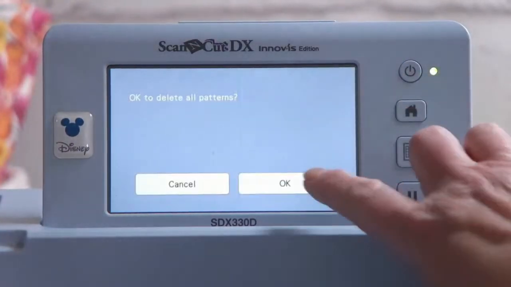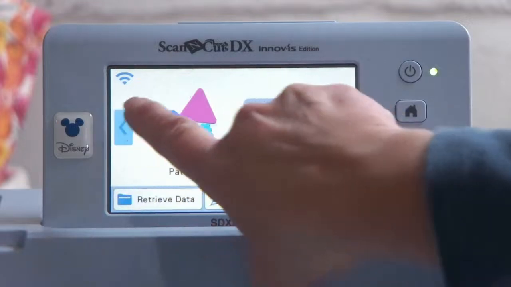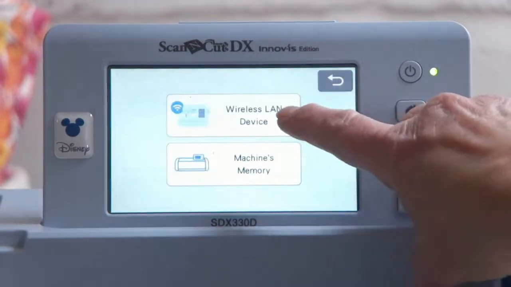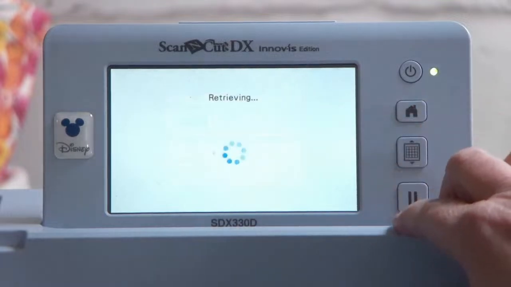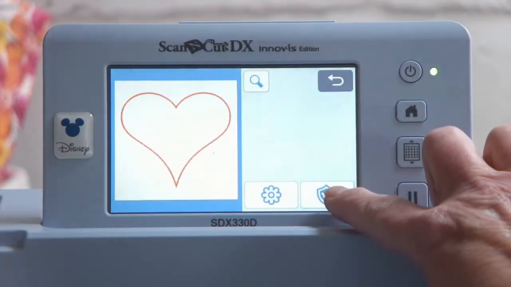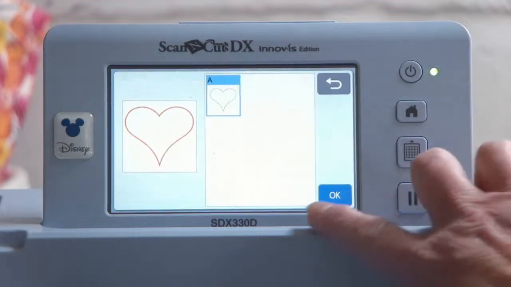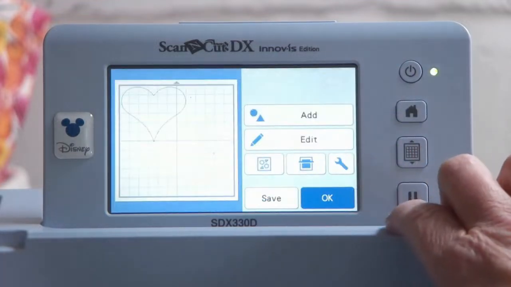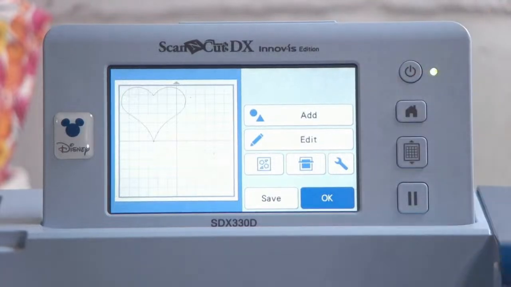We'll go home and we'll go over to my connection and retrieve from your wireless LAN device. And once again, you're going to use the applique badge. There you go. And set it. So that's all there is to it, but it depends on what you've got as to which way you would go.